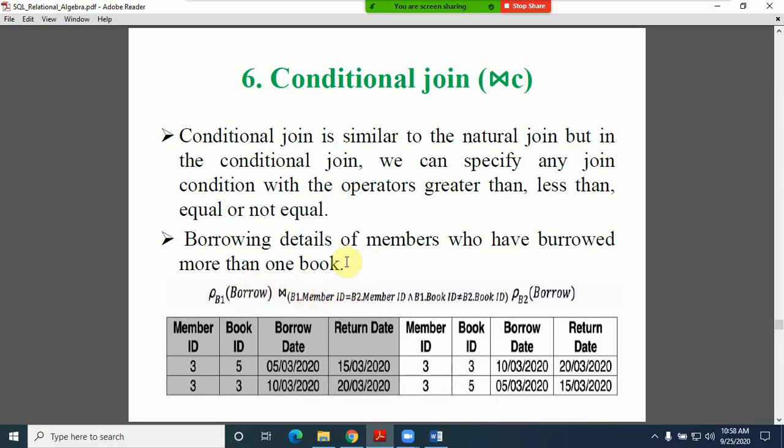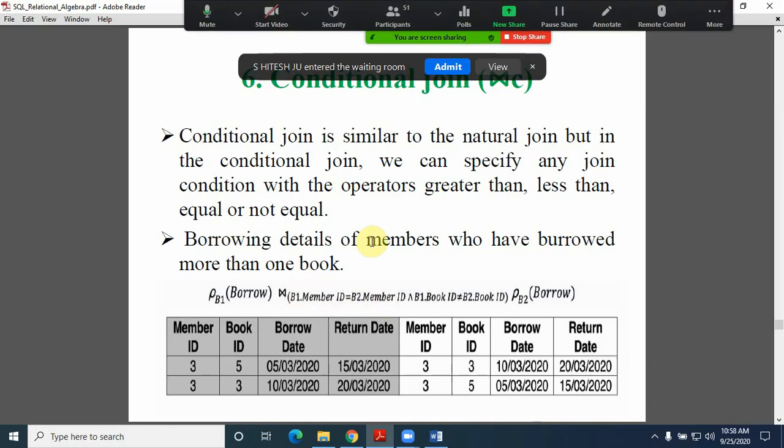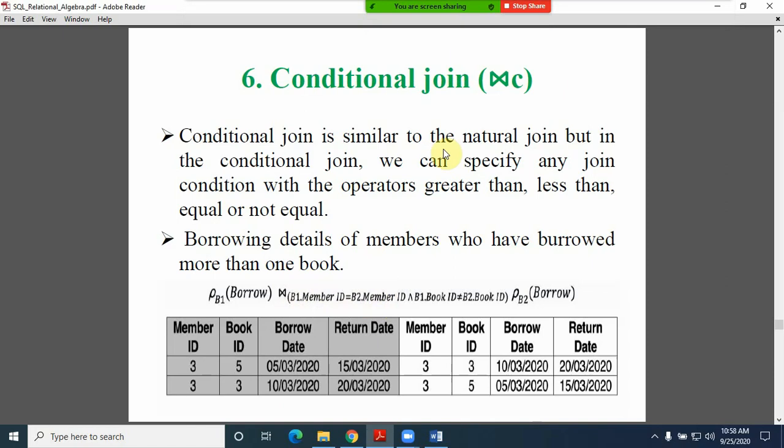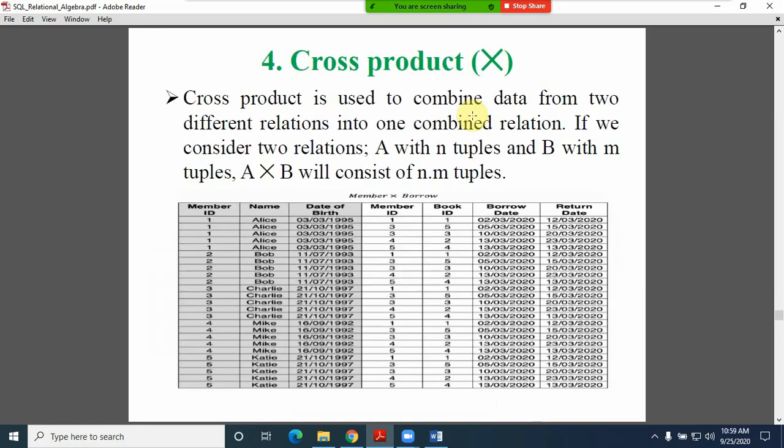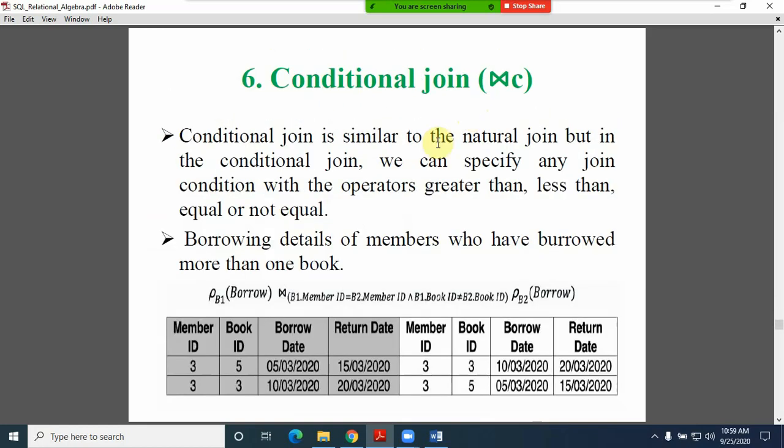And here I am using the member ID, which is there in the first table as well as the second table. I am just combining them with an equality condition, to see whether the member is mapped with the corresponding borrowed record or not. Because here we need to observe, friends, that we have the member and the borrow. So the first condition is that the member ID should be mapped with the borrow, and then more than one book. In that particular case, how I am writing the condition is intersection.